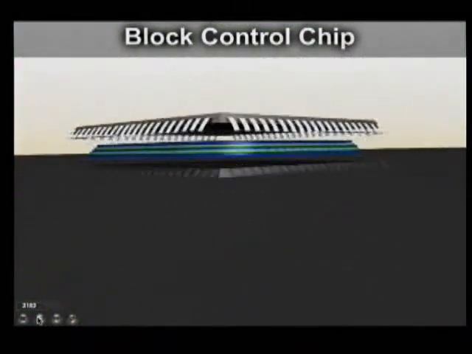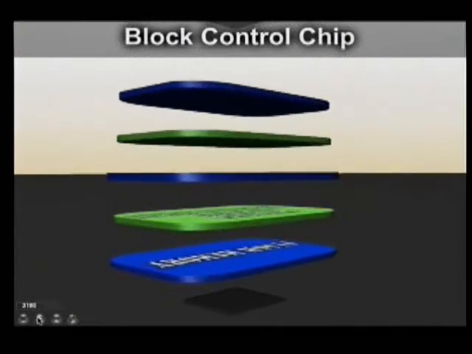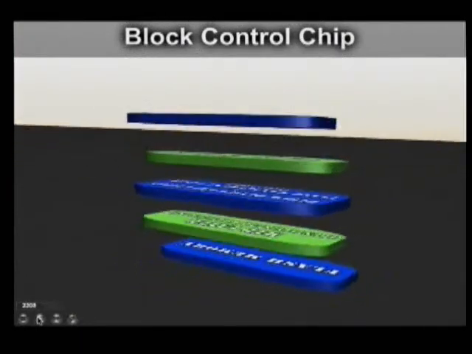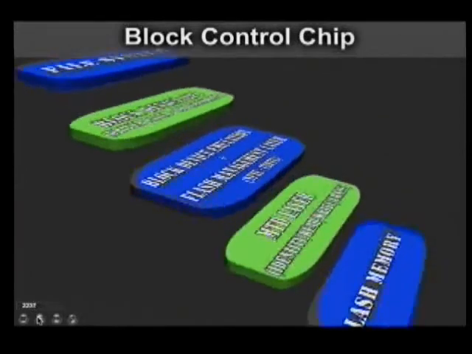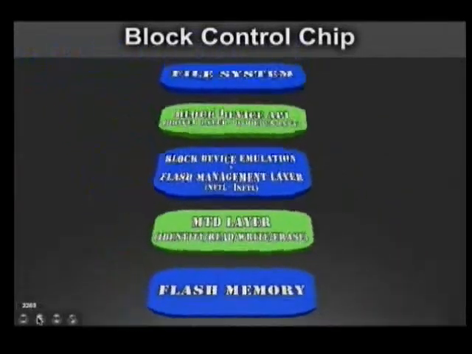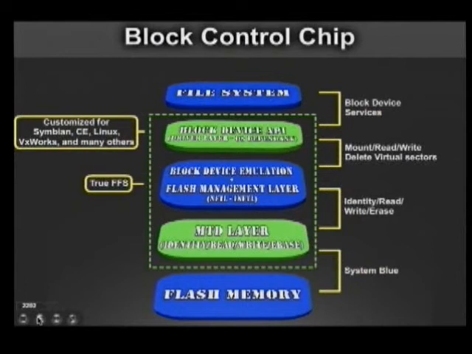When you plug this thing in, you'll actually see the mass storage driver start up on your machine. Firmware is then loaded, and then it will actually use your processor to do all of its work. It is a host-based processor device. It needs your CPU in order to do some of the work. This is actually a layout from SanDisk called TrueFFS. As you can see, your file system makes a request. It goes through all of these emulation layers before it talks to the flash memory. But this is all happening based upon device drivers and device services.